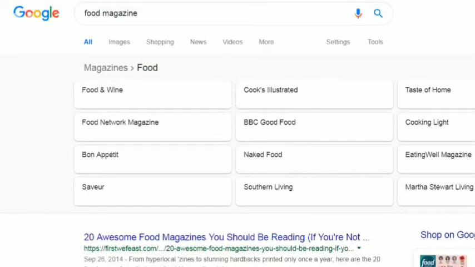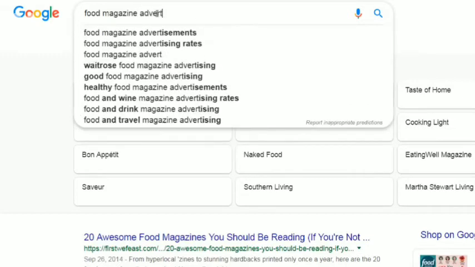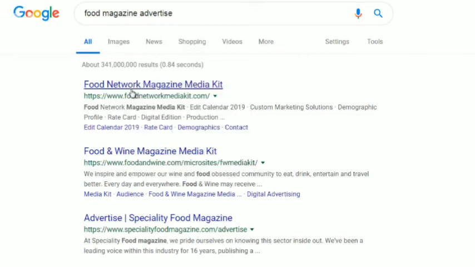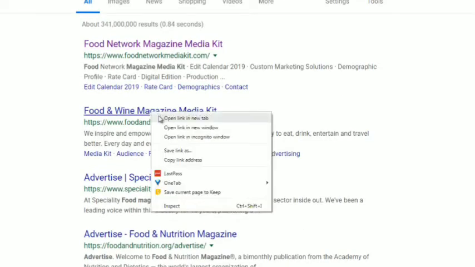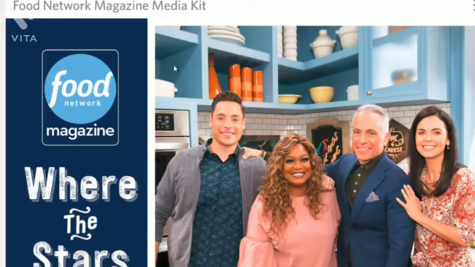And you can do food magazine advertise. So for example, the Food Network magazine media kit, the Food and Wine magazine. And bear in mind that we are not going to advertise on these networks necessarily. You can if you want to, but this will give us a better idea of the demographic.